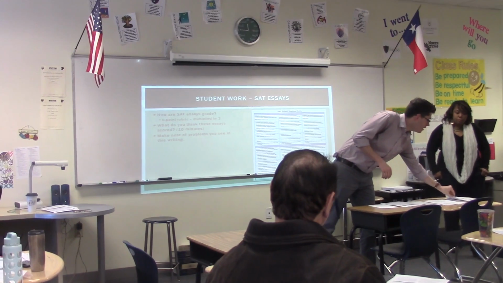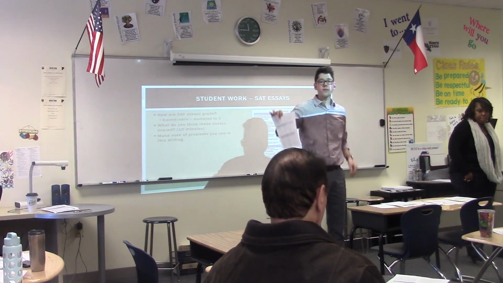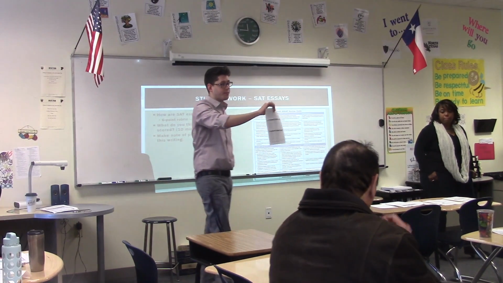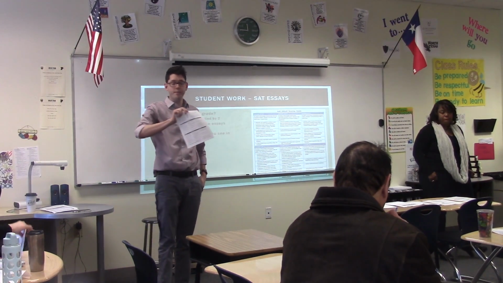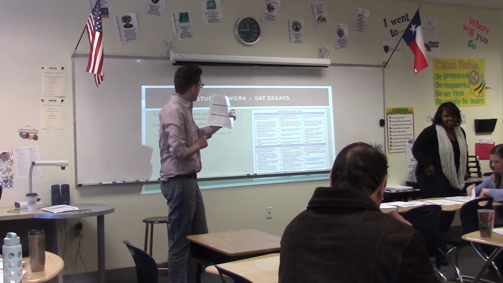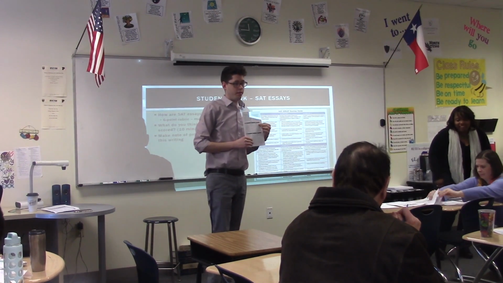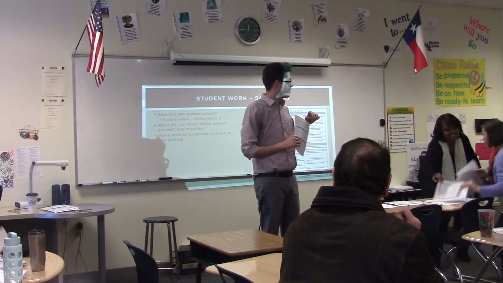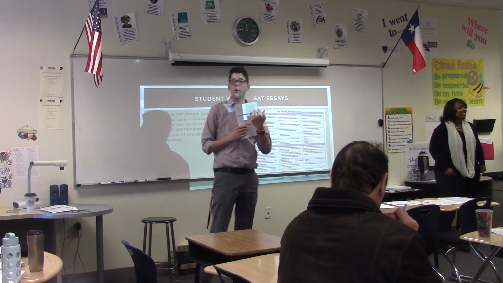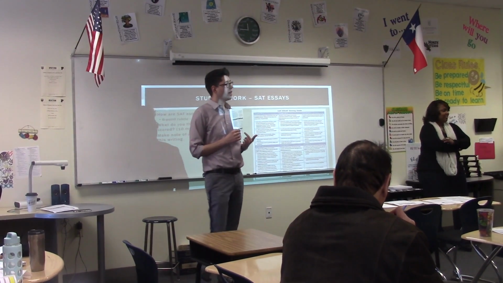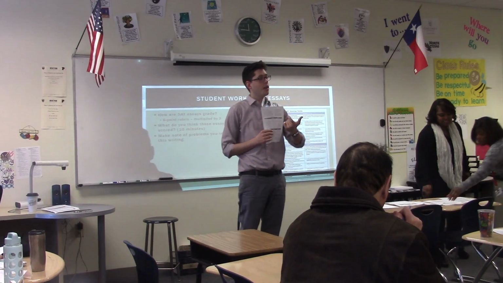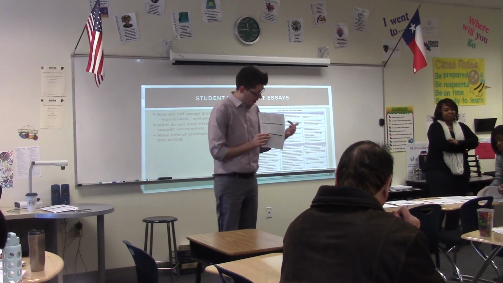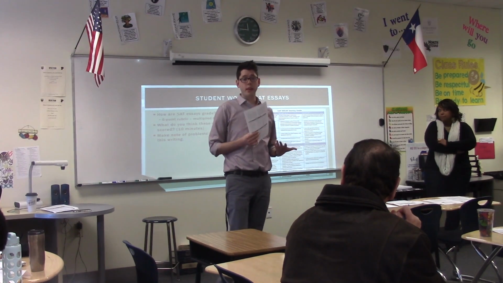So first, you have the scoring guide in front of you. This is how the SAT essay is scored. It's scored on a 6-point rubric, and it is graded twice. So 2 people will grade this essay on the 6-point rubric, and then when our kids get their scores back, they'll get a number out of 12, because they'll combine the 2 scores. So if you got, say, a 4 and a 3, your score on the test will be a 7.